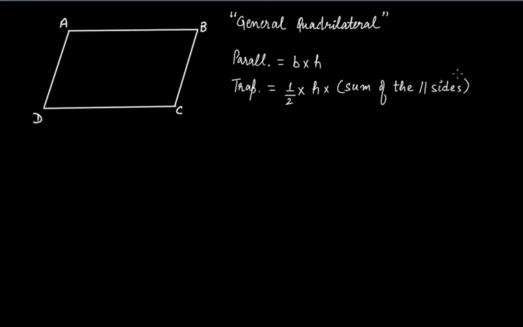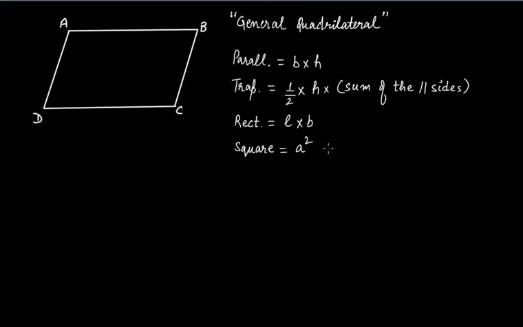What's the formula to calculate the area of a rectangle, which is also a quadrilateral because it has four sides? That is length multiplied by breadth. In the same way, we know that the formula to calculate the area of a square, which again is a quadrilateral, is a squared. That is the square of the length of a side. So we know these formulas for these respective quadrilaterals.